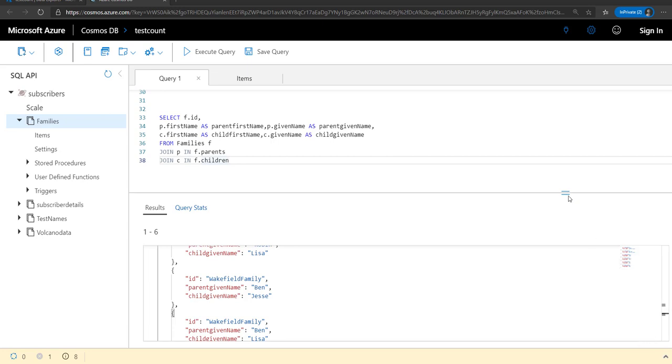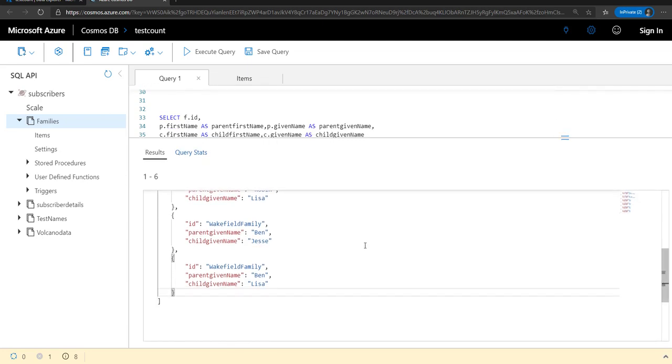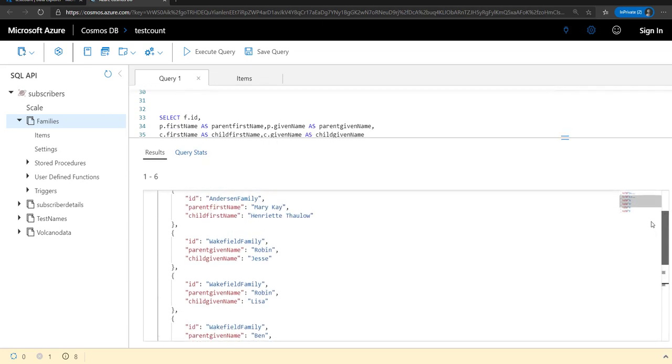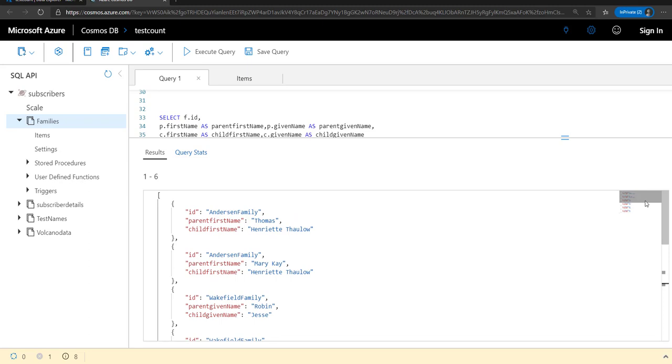So analyzing the output, for the first family, the Anderson family, you can see the entries for the parents Thomas and Mary Kay, and it is returned for each child available inside that, which is Henry Thaulo. Since there is only one child in this case, it doesn't produce multiple rows.